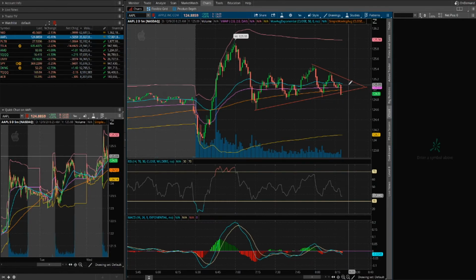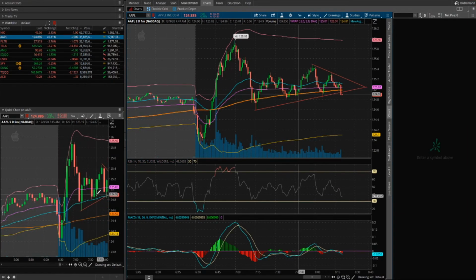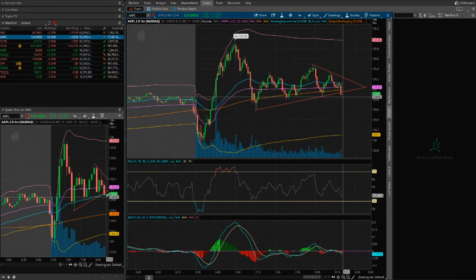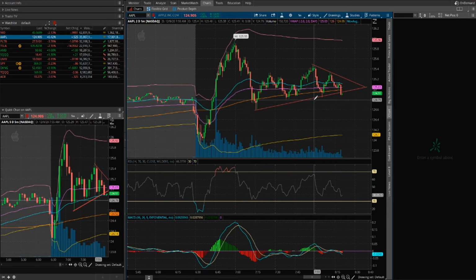So check this out. Sometimes, man, it's going to tease you. It's going to tease you. So I like to look at this 5-minute chart right here. And you see this right here, you got your exponential. If a 5-minute bar closes under this and stays under here, then that means this is going to go down. But by the looks of it,